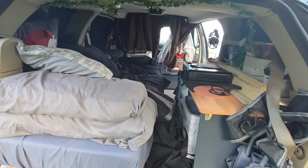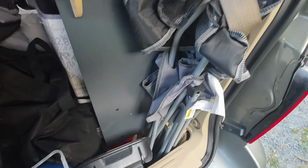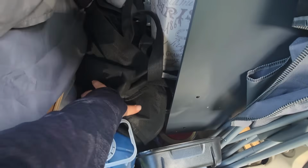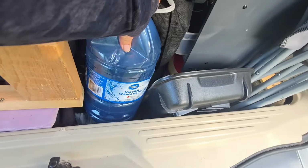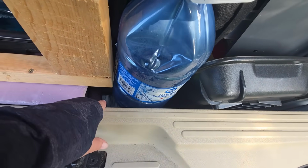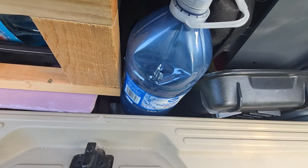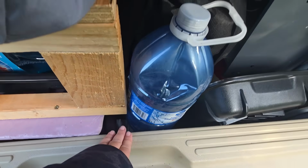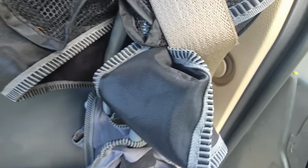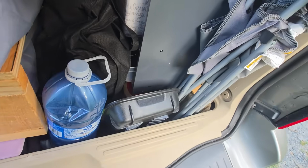Okay, so here's the view from my hatch. Over here I have my camping chair, another little pot, some water, my dirty laundry. Down here underneath I have an axe, some walking sticks, some hiking sticks, and a jack to lift the van. Oh my gosh, I can't find my words. My jack used to be back here, but obviously I can't get to that because this is secured down. So we wanted to remove the jack so I had access to it because my spare tire is